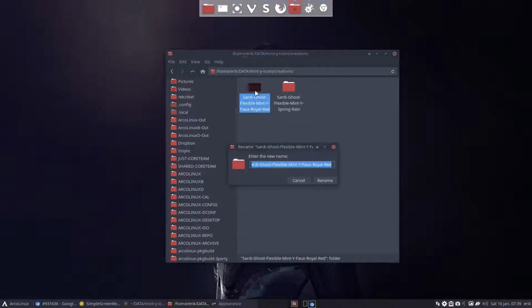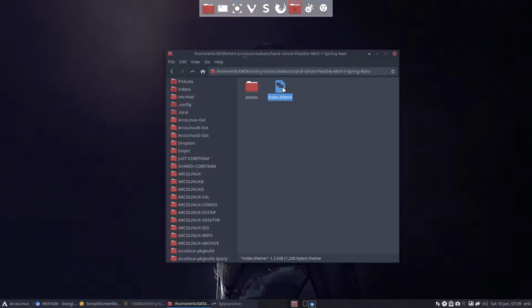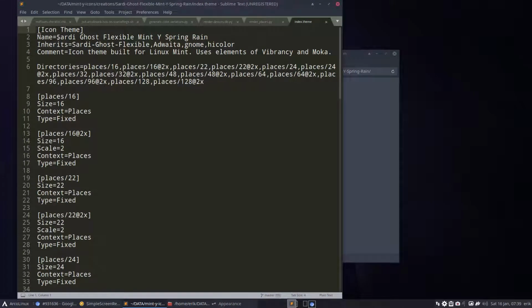I suppose that's gone now. So Control C again. Index theme is not static ghost flexible Mint Y Spring Rain, but it's actually for Royal. Yeah, that's it, for Royal Red. Okay. And for the rest, if you don't find an icon, so it goes to find the places,